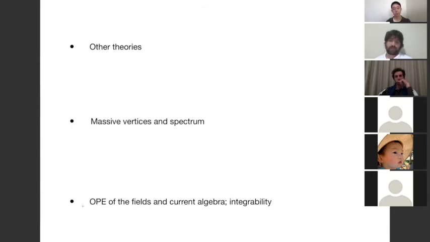And of course, if you want to compute the amplitudes, it will be necessary to compute the OPEs of the fields, if you want to compute the expansion in terms of the corrections, right? And it's possible. In pure spinor, it's possible to compute these alpha prime corrections. It's complicated because